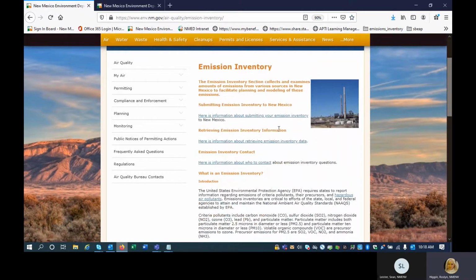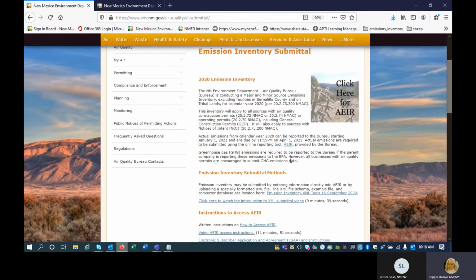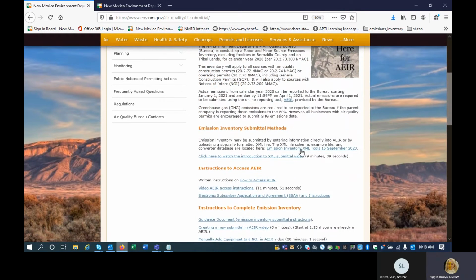And the next hyperlink is the information about submitting your emissions inventory. Click on that. This is where you will find the XML tools, and they're right here under emission inventory submittal methods: emission inventory XML tools dated September 16th, 2020. This is our latest version, and we don't plan on changing it. So if you click on that,